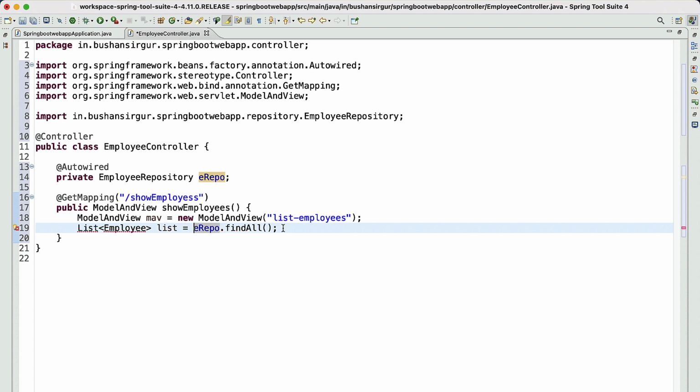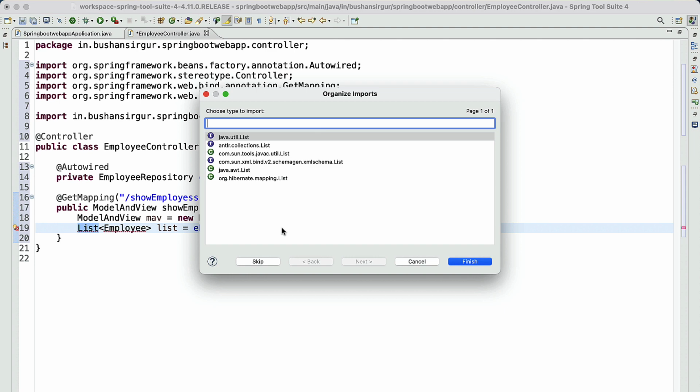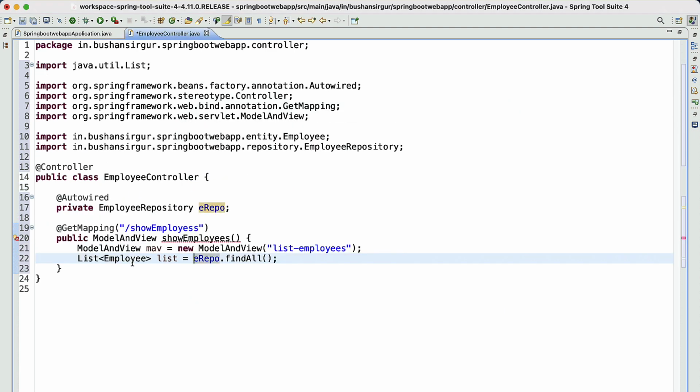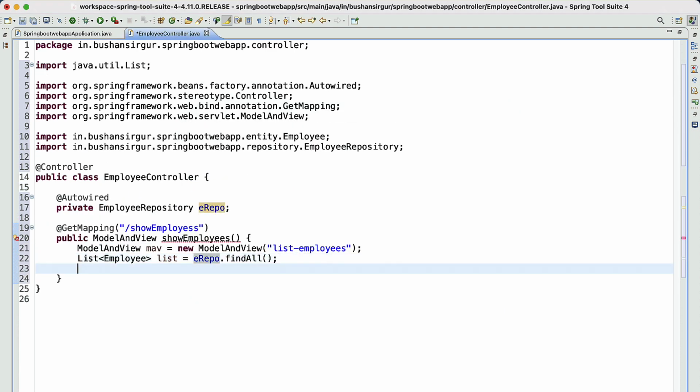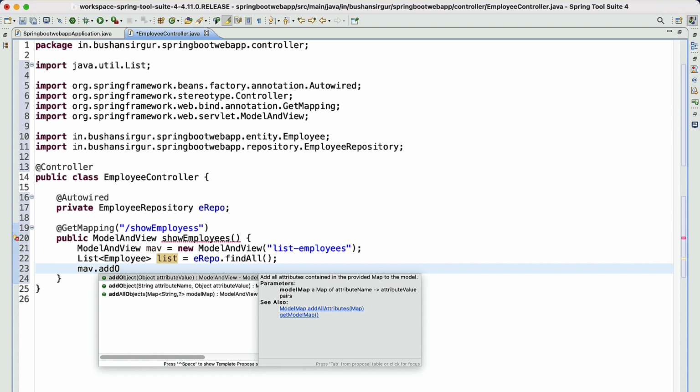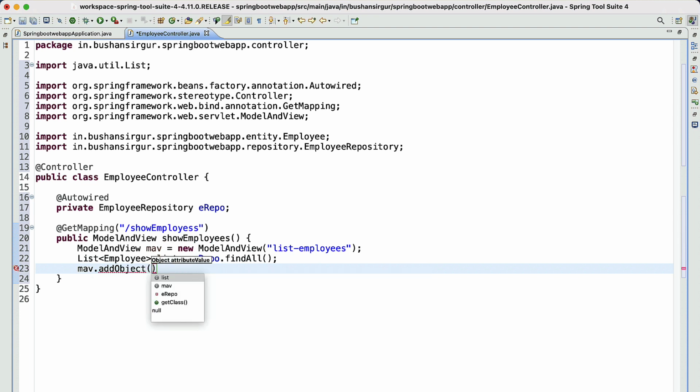Let's import the List from the util package. Next, we are going to add this list to the ModelAndView object. This addObject will take two parameters, the key and the value.